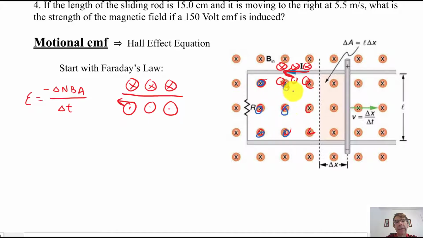That's the magnetic field from an external source. But when the current flows, it creates its own magnetic field to try to counter the change, to keep it at 9 instead of increasing to 12. So I went from